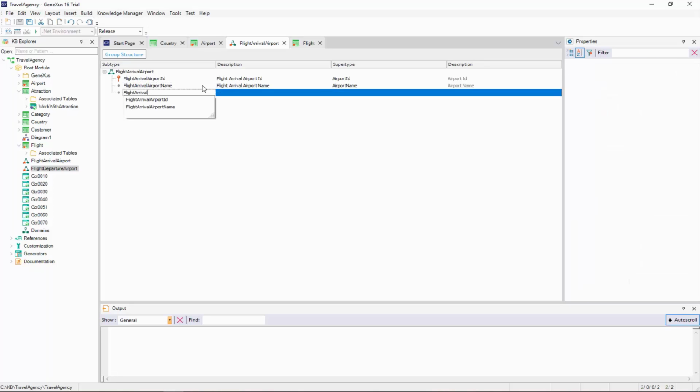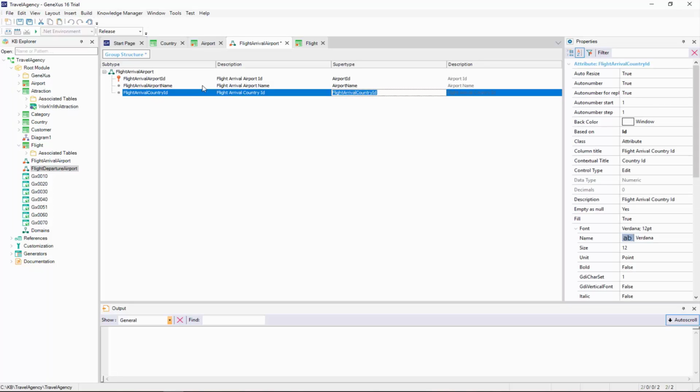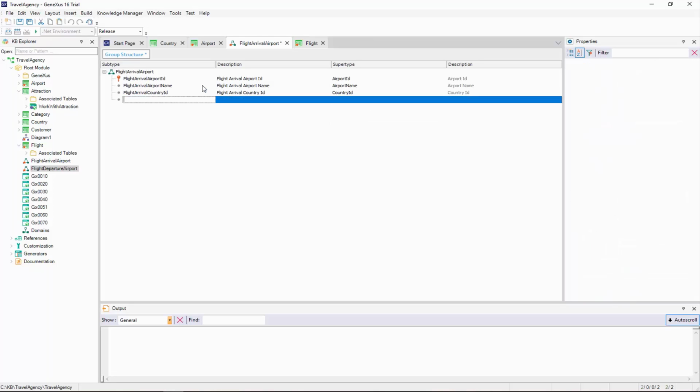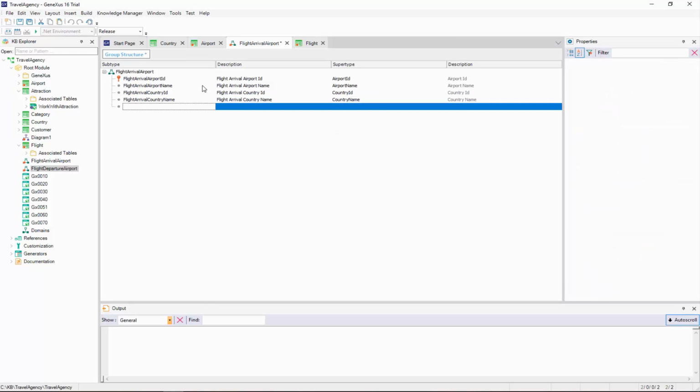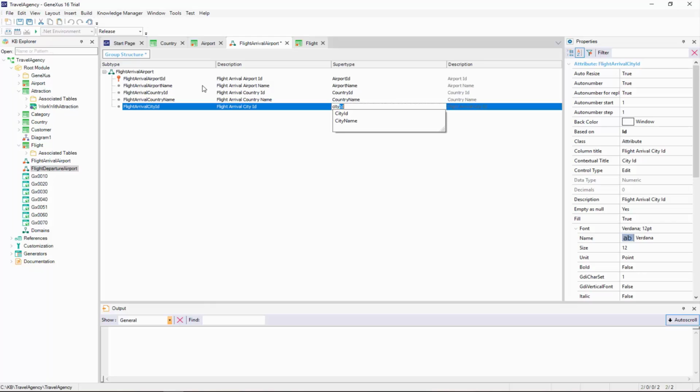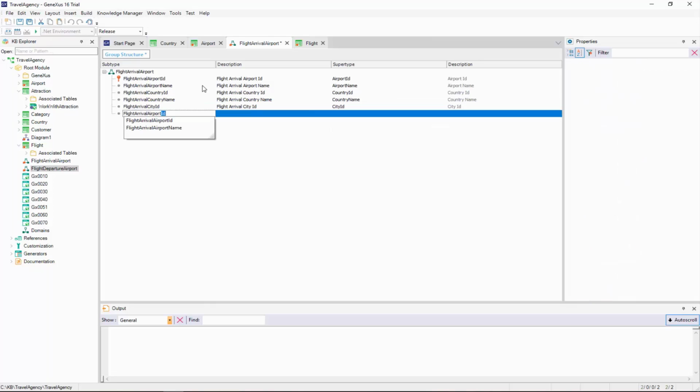And we define flight arrival country ID as subtype of country ID, flight arrival country name as subtype of country name, flight arrival city ID as subtype of city ID, and flight arrival city name as subtype of city name.